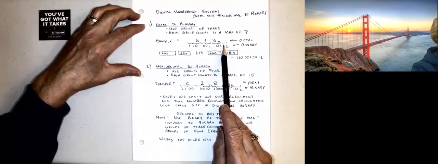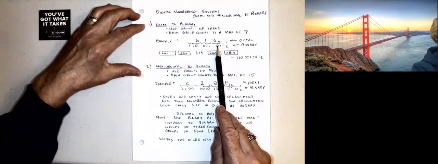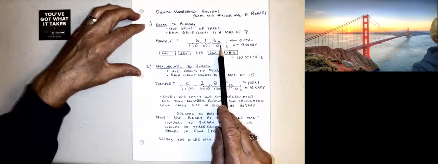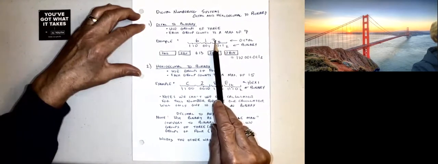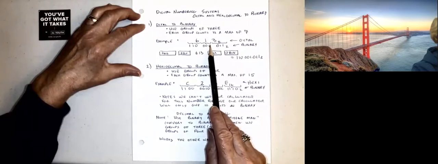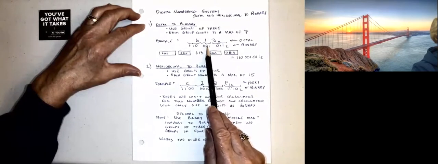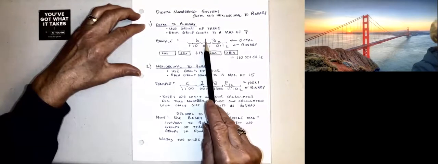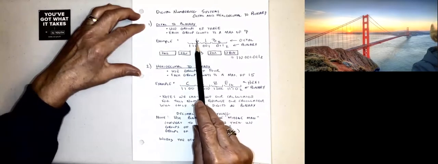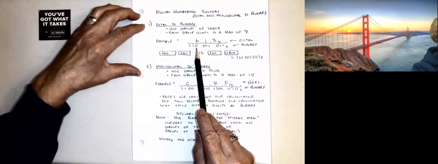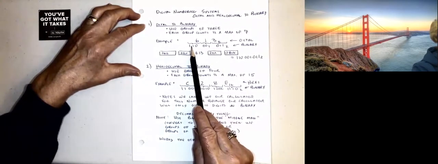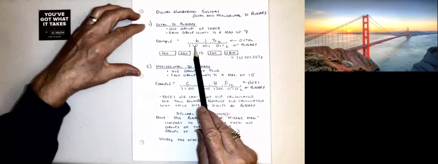Each of these digits is represented by 3 of my binary numbers. So 1, 2, 4. The 4 is not turned on, but I add the 2 and the 1 to represent the 3. Here I have 1, 2, 4, but the 2 and 4 are not turned on, and my 1 represents that 1. Here I have a digit of 6, so I need to turn on the 2 and the 4, add them together to represent that 6. So my binary number is now this number